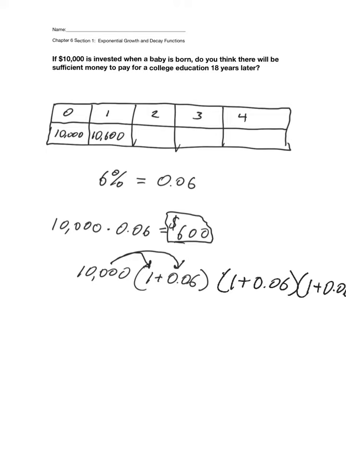This would be the amount of money after 3 years. After 2 years, it comes out to $11,236. After 3 years, I would be moving up to $11,910. I already did these calculations, can you tell? And after the 4th year, I'm at